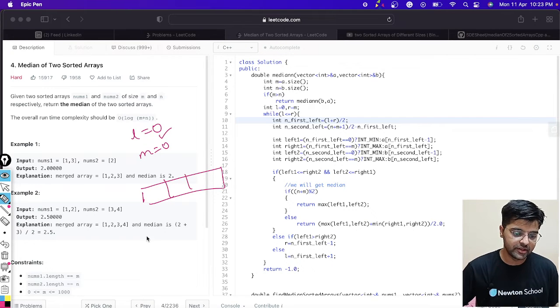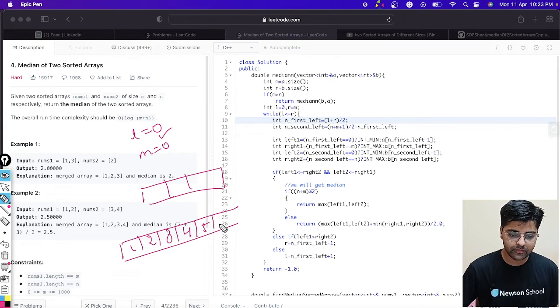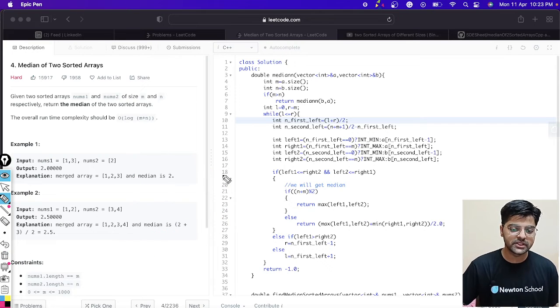Let's say the median comes from this array: 1 2 3 4 5 6, and this is 15 16 17. So the median will come from here, and the number of elements smaller will be 0. If you reverse the case, with the first array 1 2 3 4 5 6 on the left, then all the elements will be present. That's why I am considering both L equal to 0 and R equal to M.